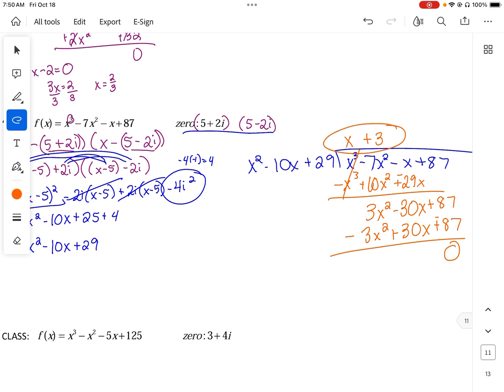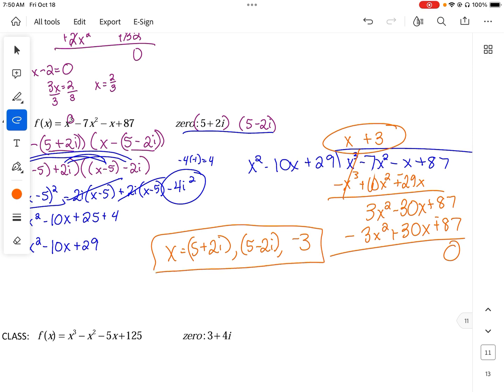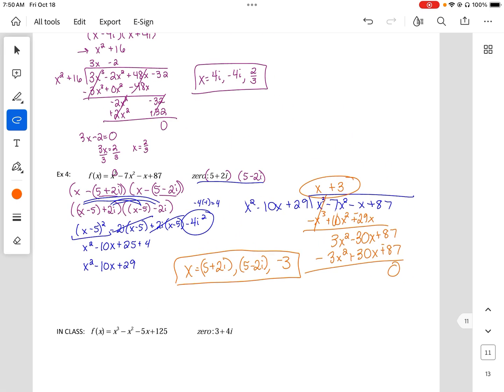So x plus 3 is a 0. So that means x equals, we have the 5 plus 2i, 5 minus 2i, and negative 3. I guess I don't need parentheses on that last one, because it's just a constant. So those are our zeros. All right,